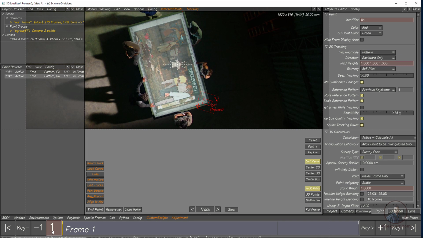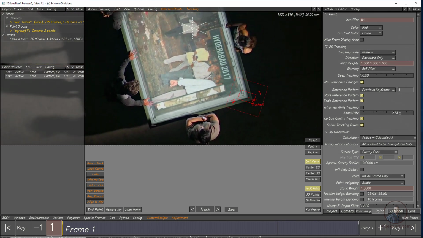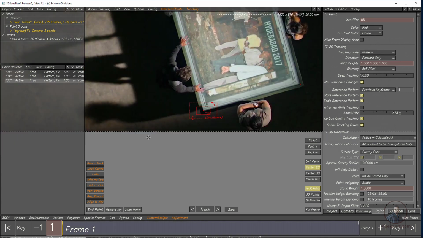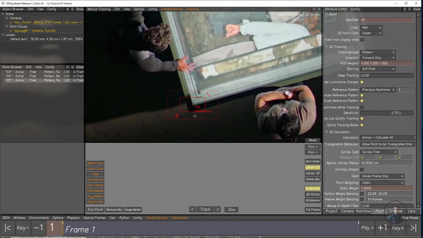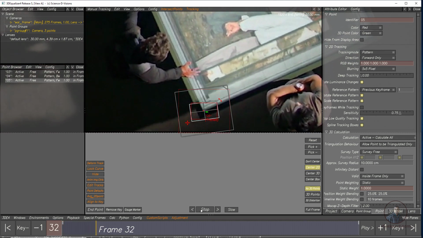Come at the starting point of our timeline. Now I am going to track this point. Then again simply click on center 2D. Now hold control and just click. Now see, so we have created a new tracker. Now zoom a little bit and just adjust. Now just simply click on track and just see the accuracy. Center 2D check. Now it's going.